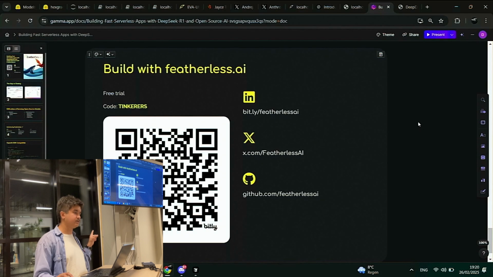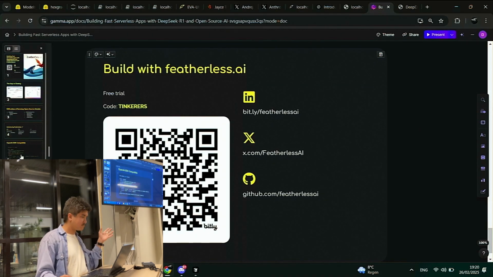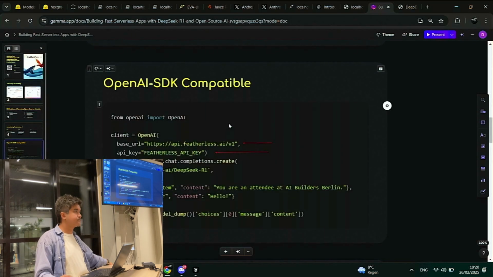You just have to change... I can show it here. I don't want to show too much of our product right now. But I guess the Vercel AI SDK is compatible with the OpenAI API, normally it should be. Yeah, you just have to change these two lines, and then you can use it.